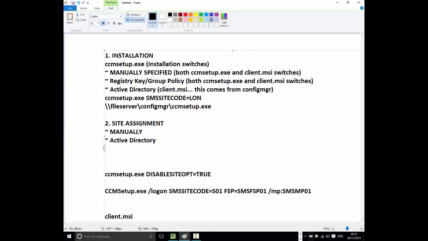So look at all these processes it's going through. ccmsetup.exe, are the switches configured? Is it manually? Is it a registry key? Is it configured in Active Directory? Well, I can only use client.msi if it's configured using Active Directory. Then the next thing I have to assign myself to a site, and all this can be really crazy. Or the other thing I can do is, if I've said manually, Active Directory, there's another thing I can configure in config manager called fallback site,